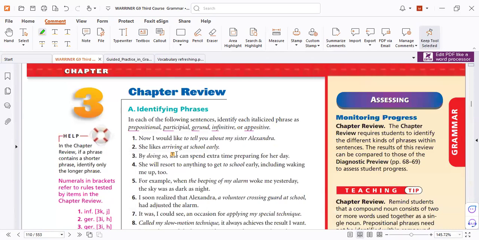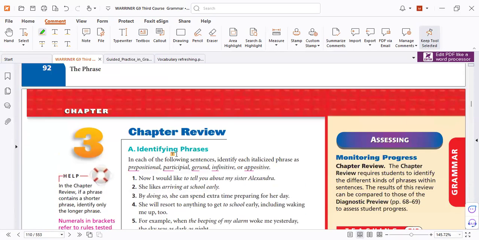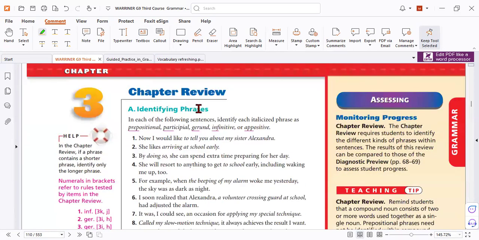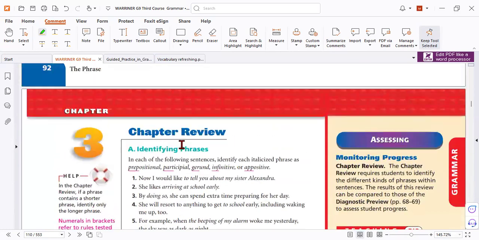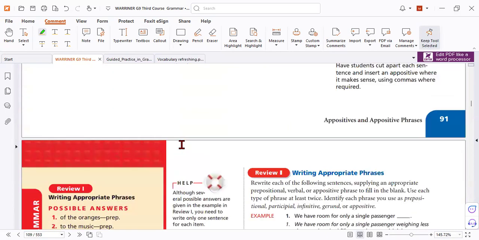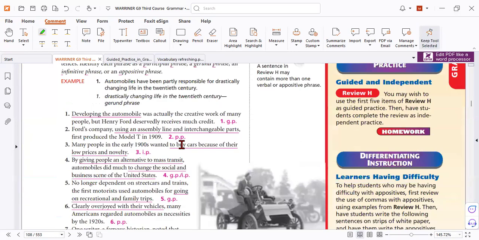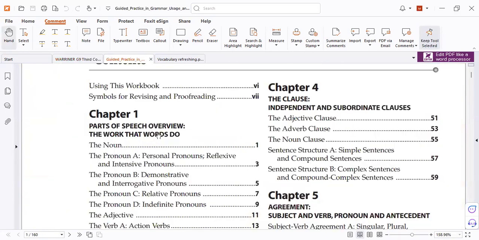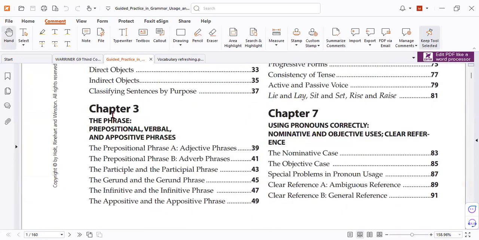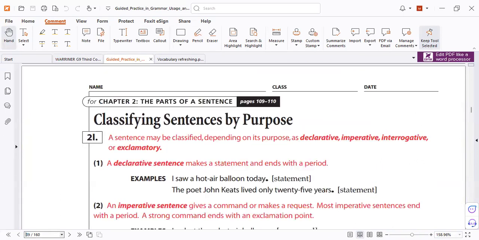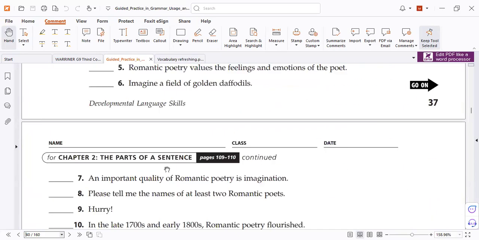The next time we'll study chapter number 3. This is chapter number 3. As a review, like a test here, you can read the question and answer. So after studying this book and revising everything, you can go to the workbook. We study today chapter number 3 only. So go to page 39, enter, until you find 39.